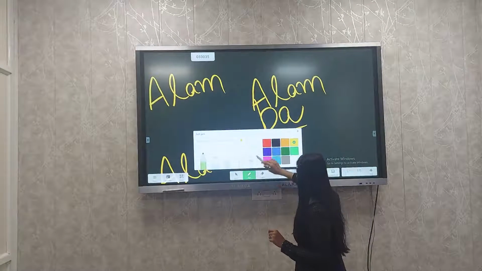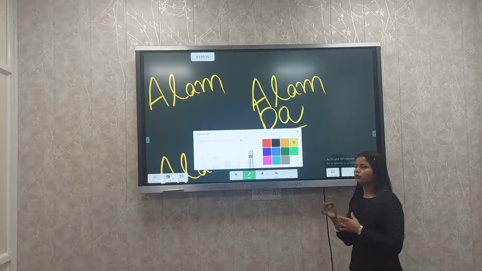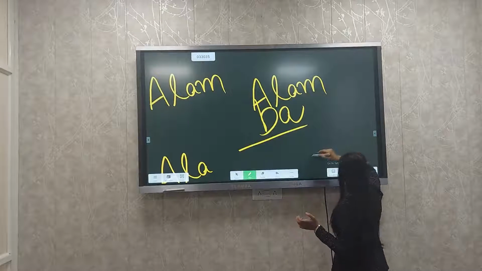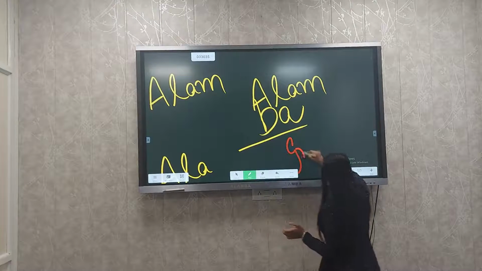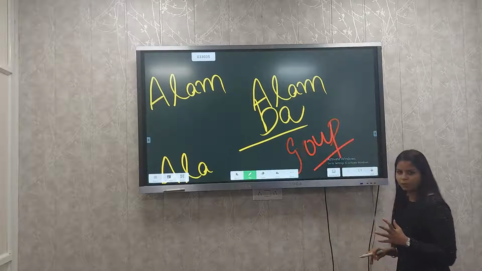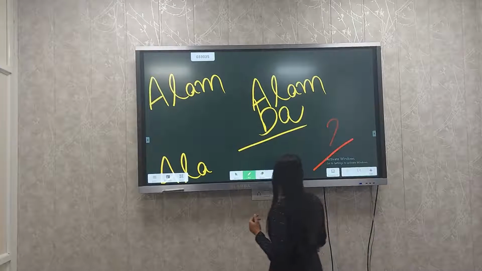We get a highlighter also in this, like we want to show something for some time and then just disappear. For some time it will blink and then it will just automatically disappear.